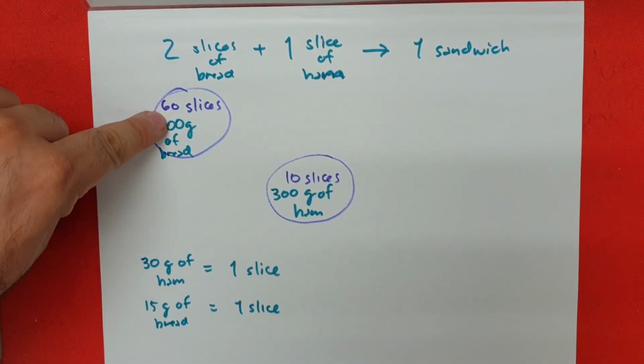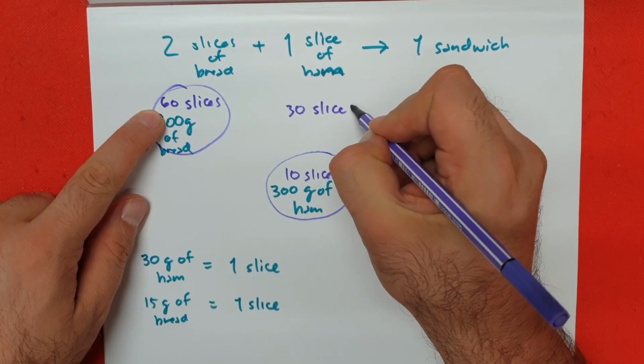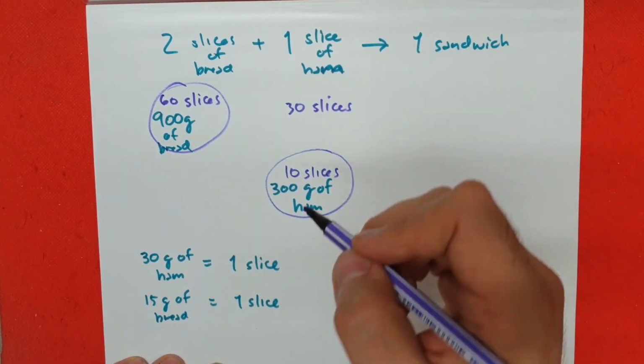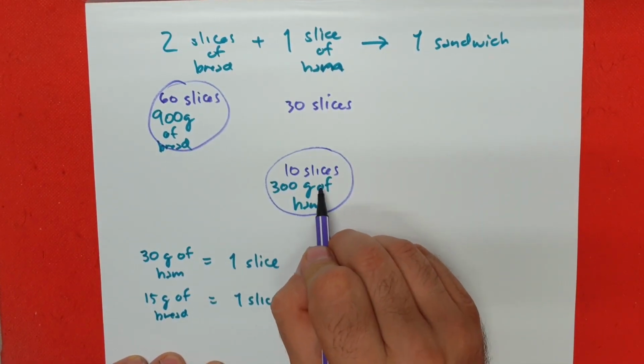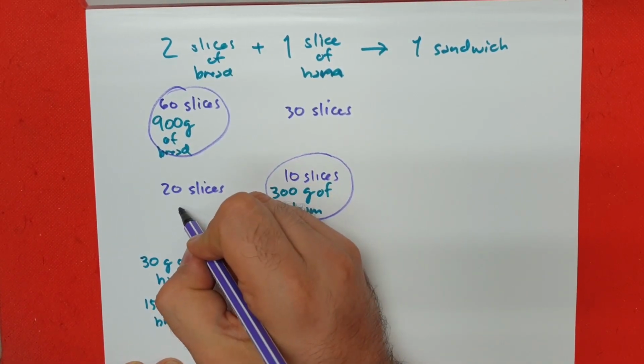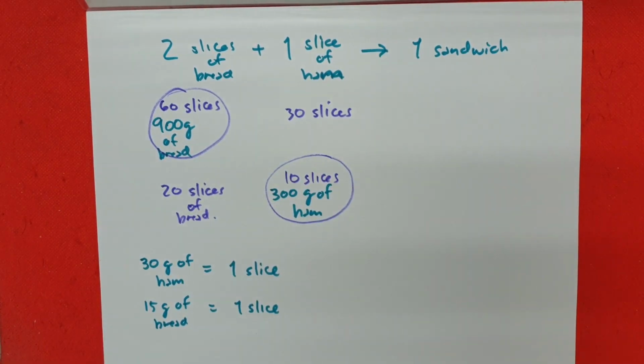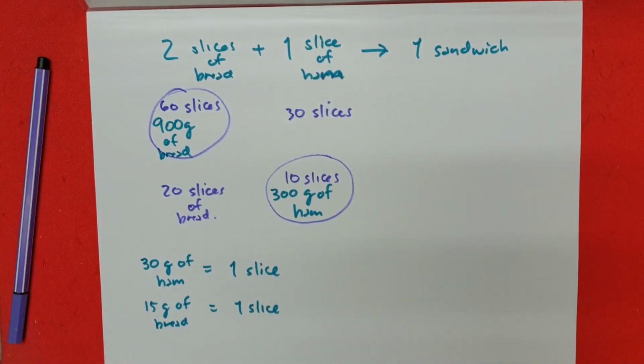Now, if we have 60 slices of bread, it means we need 30 slices of ham. And if we have 10 slices of ham, we need 20 slices of bread. Now we do our comparison. And we answer the 3 basic questions, which are,